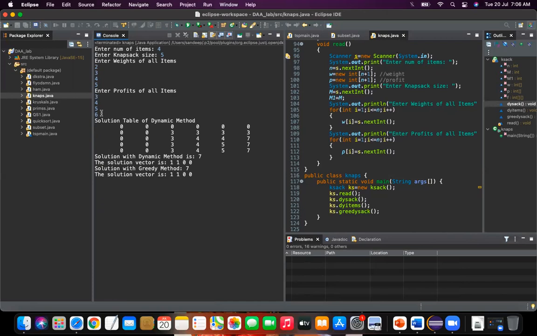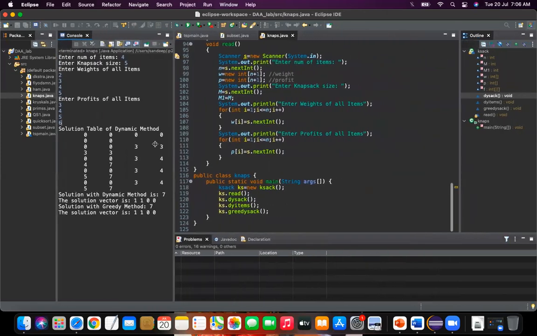So that's not a good solution. Whatever these two answers we have got, that is the best solution. You can give some other input and check for the solution. You'll get the same answer.